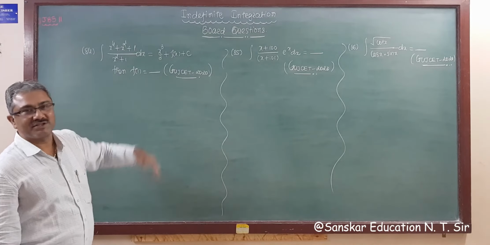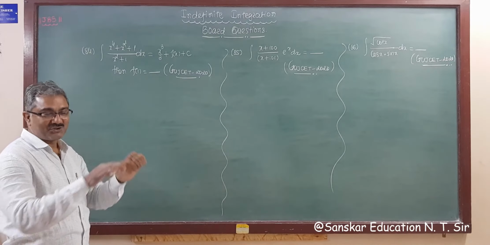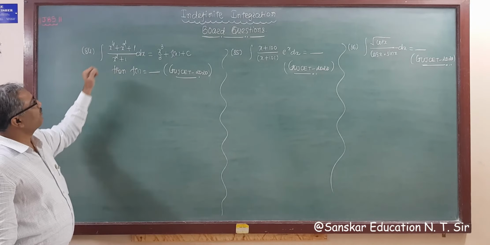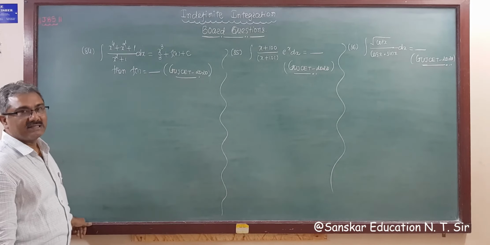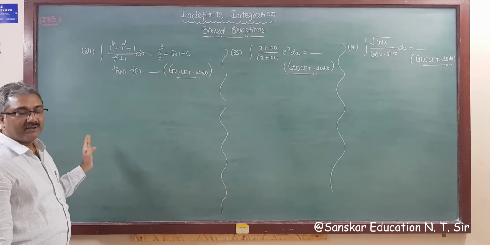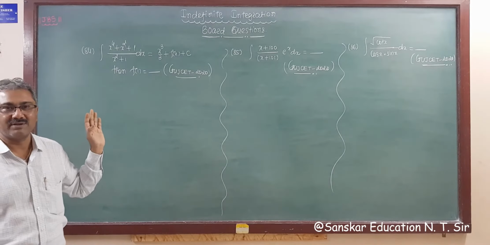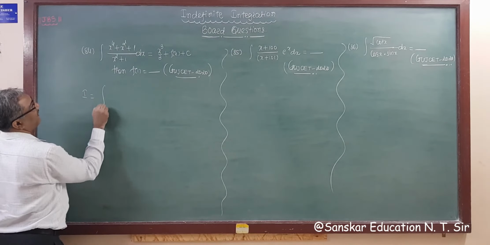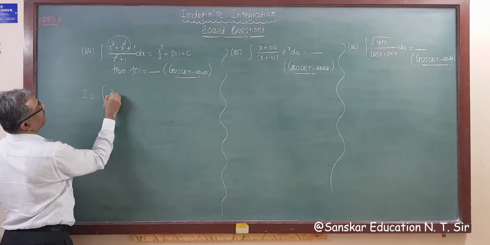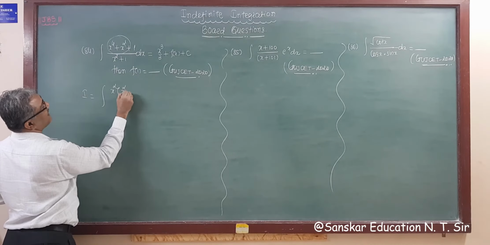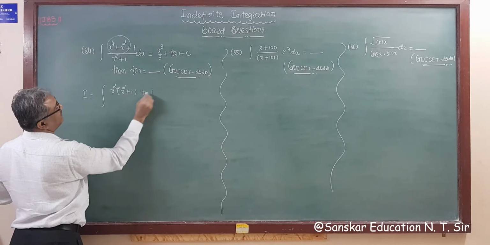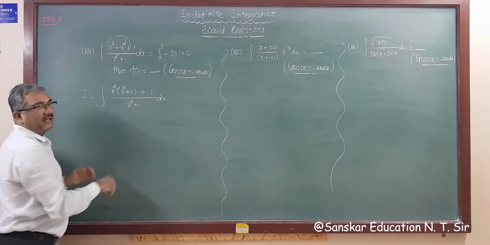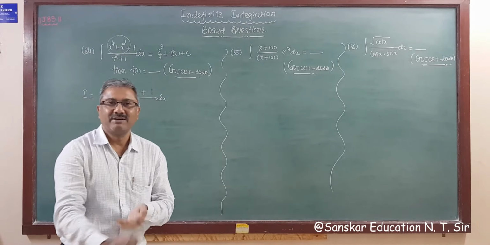So these are the last 3 questions of our mission of solutions of board questions. Question 84: integration of x raised to 4 plus x square plus 1 upon x square plus 1. See, in a regular paper, the questions will be this easy. I is equal to, taking x square common from this, what do we get? x square common, that is x square plus 1, plus 1 whole upon x square plus 1 dx. Now I think there is no need to write more steps.